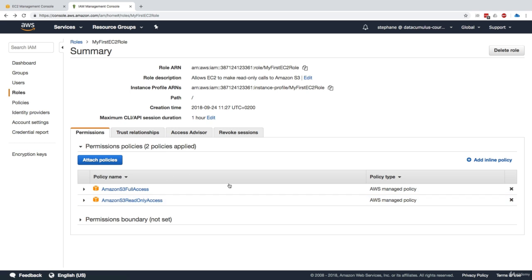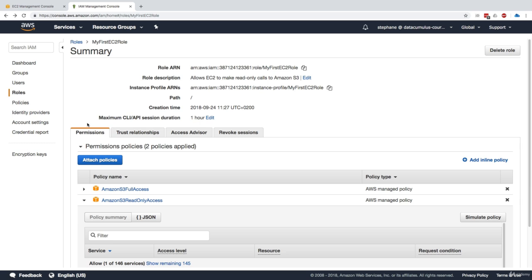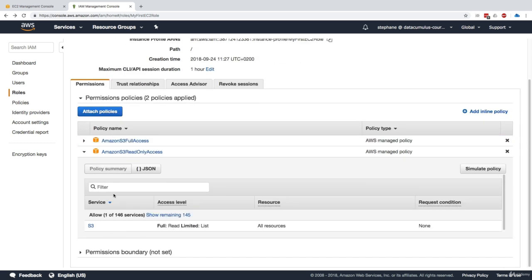So now, how do we create these policies and how do we analyze them? Well, let's look at the Amazon S3 read-only access. It gives you a policy summary, which is a nice little table, or you can get a JSON document. If you look at the policy summary, it says that on S3, you get full read and limited list.